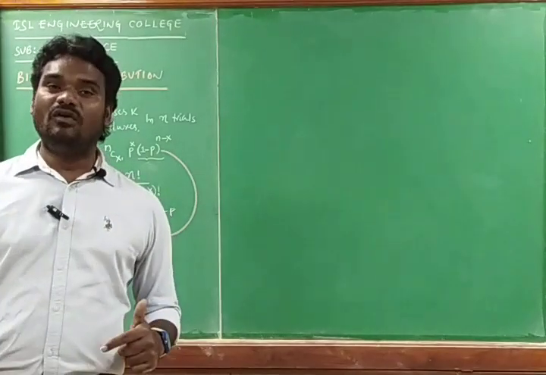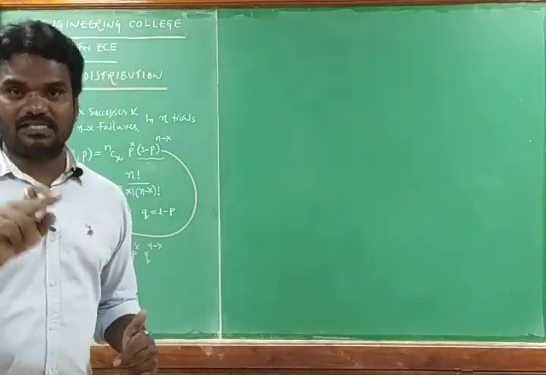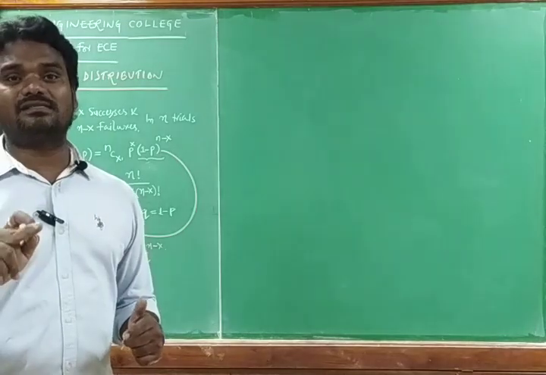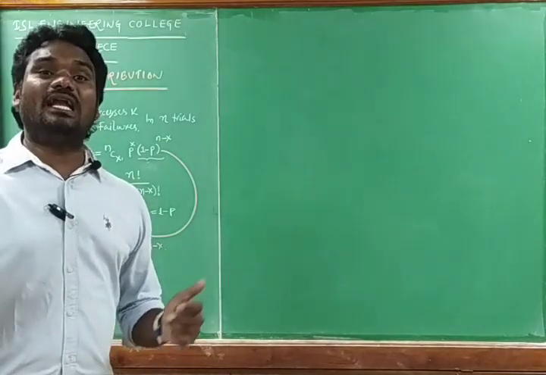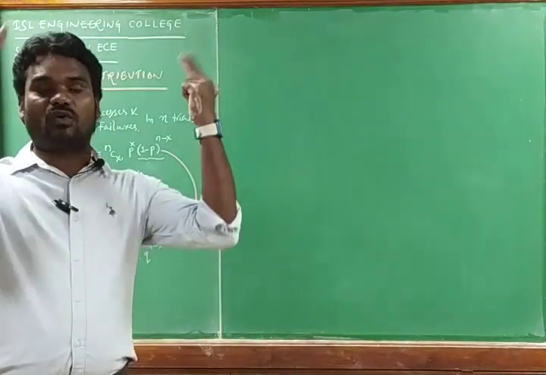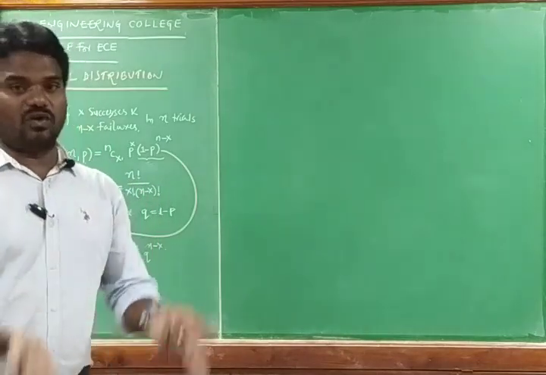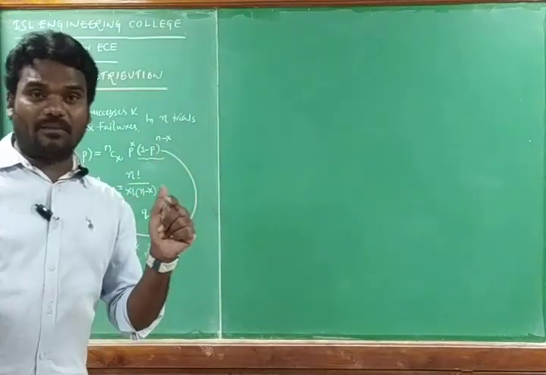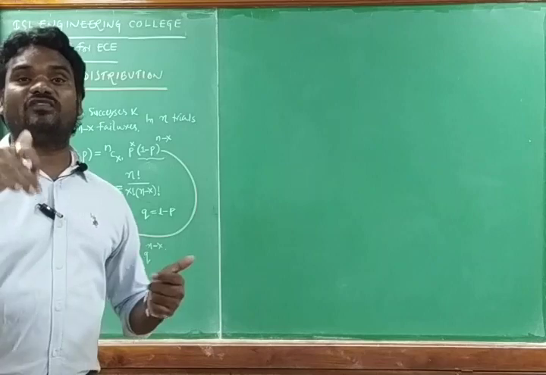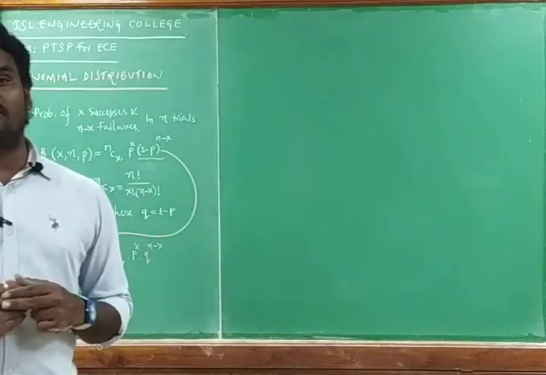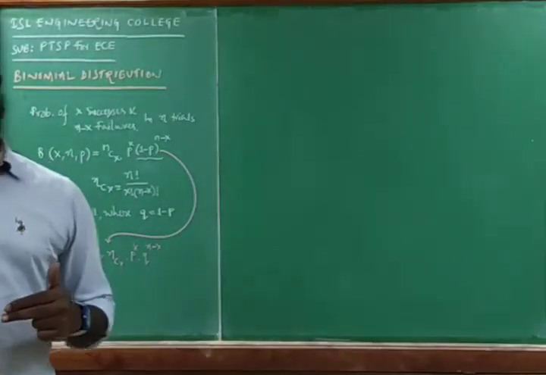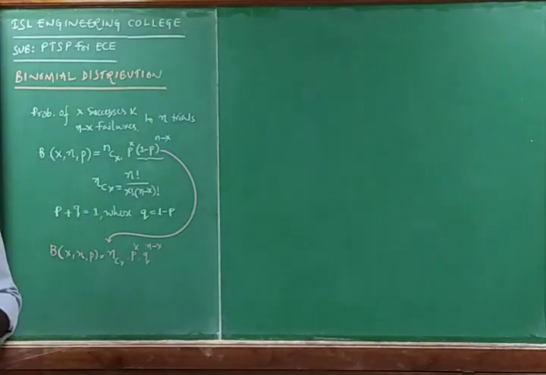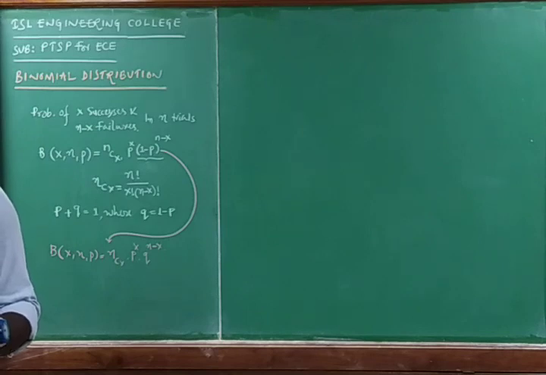That means we have to get the doublet, that is X, at least once. We have thrown the dice 5 times, and we have to calculate getting this doublet at least once in these 5 throws. I am going through the question again. Two dice are thrown 5 times. If getting a doublet is a success, find the probability of getting the success at least once.